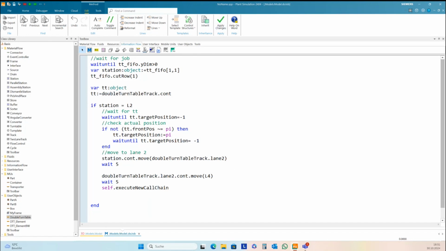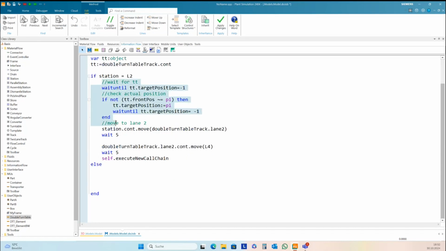Okay, and this we need to do also for the other lane. And this would be an else block. We can copy most of this. I copy the complete code here.